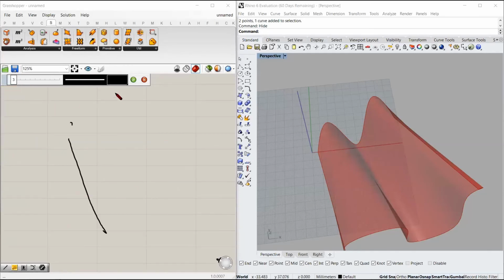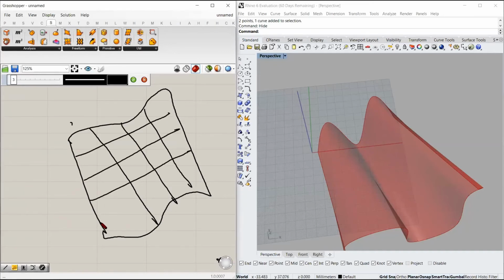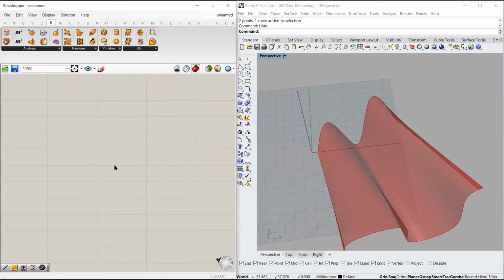Suppose I have this surface made in Rhino using Grasshopper parameters, and I want to divide this surface into smaller surfaces to create smaller frames in which I want to manipulate a geometry. So first let's understand how to divide this surface into these smaller surfaces.